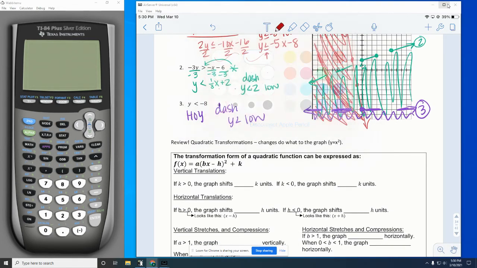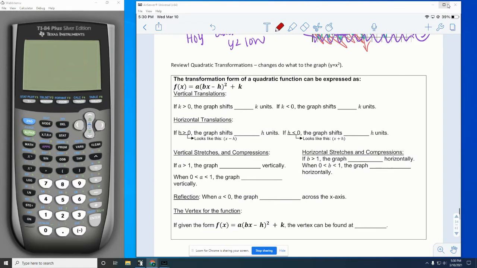Okay, and then the only other thing we're going to do is review quadratic transformations. So what do the changes do to the graph of x squared? I do want to remind you that you can use this knowledge. You can also plug these into y equals. So you can plug x squared into y1, whatever your changed version is to y2, and just see what changes